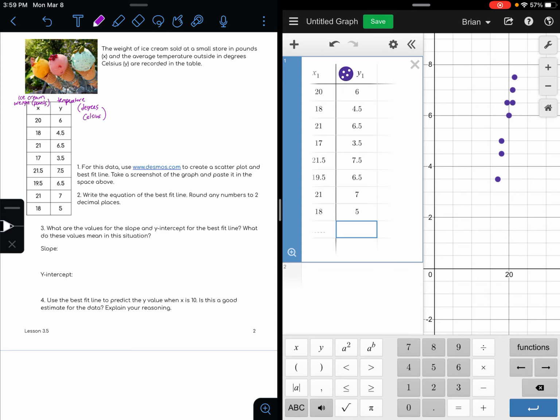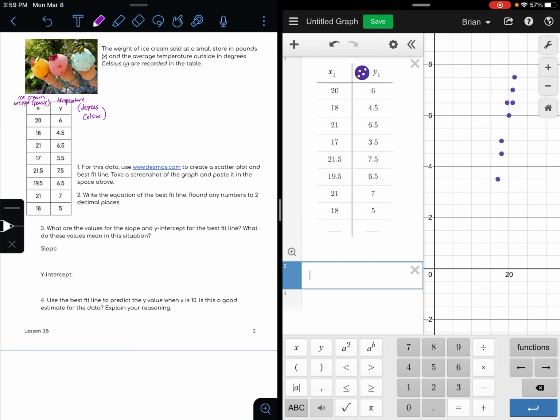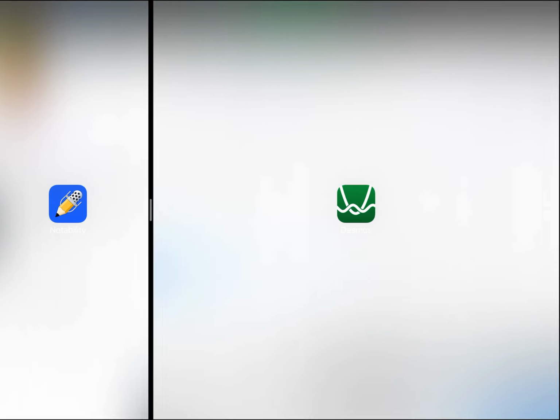All right, so the best fit line, so what we're going to do down here in number 2 is we're going to type in the best fit line, and this is how you do it. This is kind of a technical thing, so pay attention to this. So we're going to do a y equals mx plus b equation, and so we're going to usually use the y, so hit y. And then in order to do a best fit line, instead of an equal sign, we're going to use, if you press the little ABC button on the bottom left of your screen there,